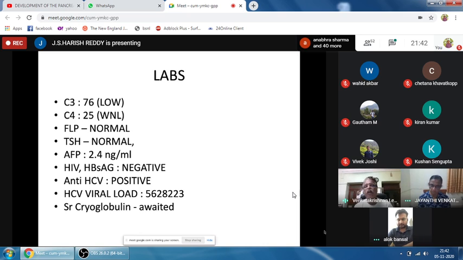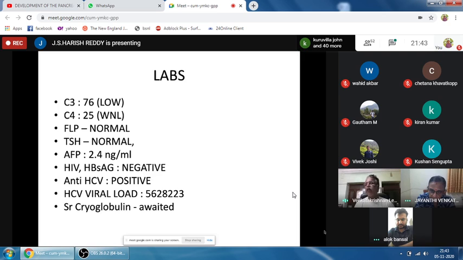So probably what we have here is an untreated or partially treated hepatitis C, or this could be a reinfection. Okay. Do you want a genotyping? We have sent the genotyping, madam, because initially they said genotype was 3 and he was treated with Daclatasvir and Sofosbuvir. So now it has gone on to this.